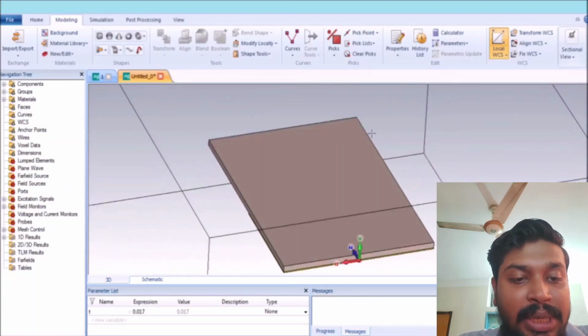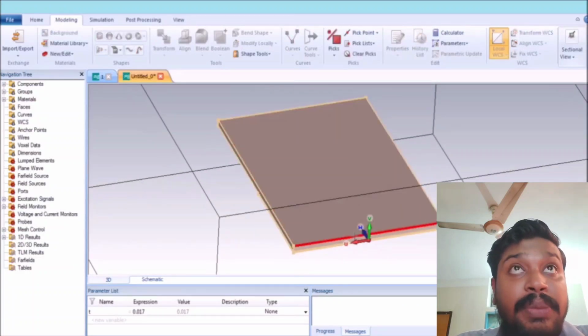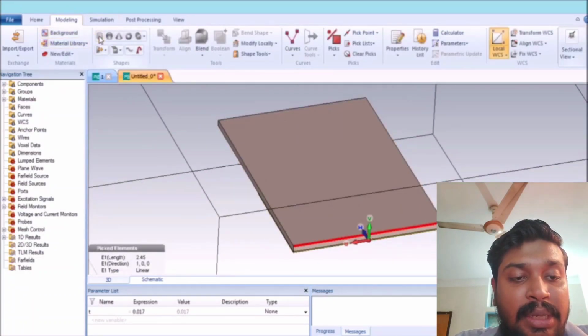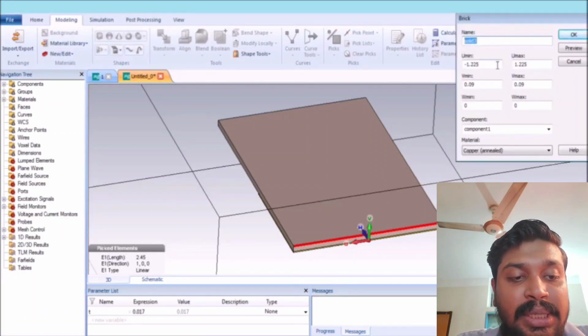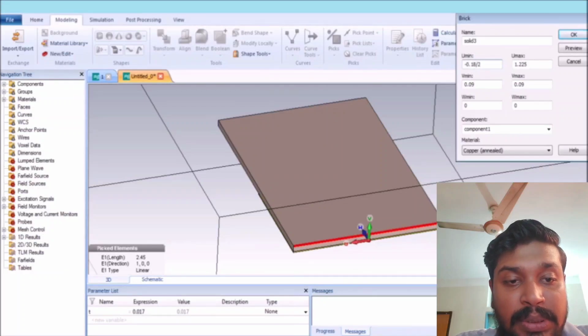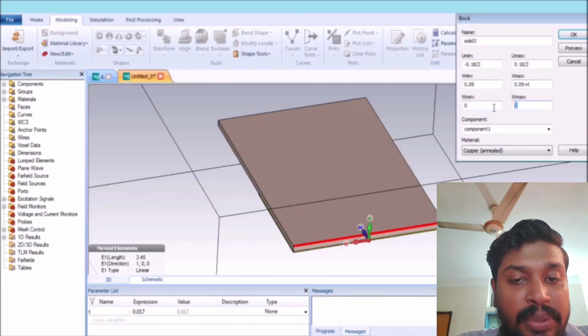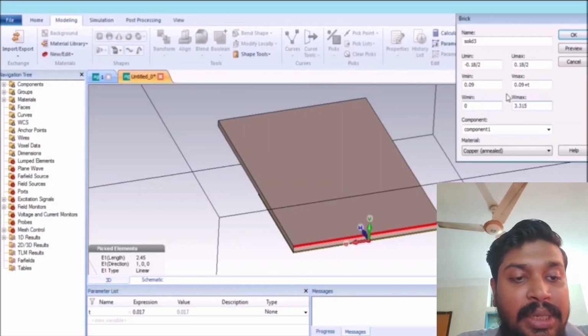So I am going to select 1, and then it has a rectangular shape microstrip line. The line has a width of 0.18 millimeter, so minus 0.18 divided by 2, 0.5, 0.18, 0.9, thickness of 2 plus T. And because it is copper and the W max of 3.315, so it's also copper, so it's okay. And then